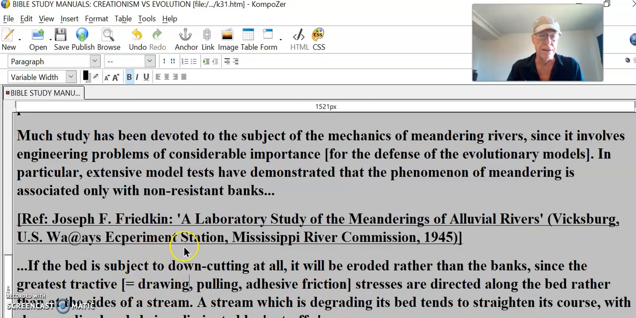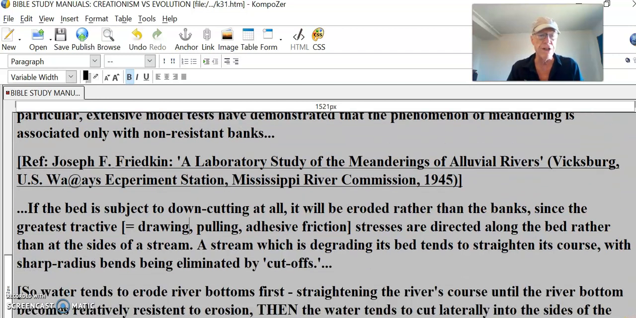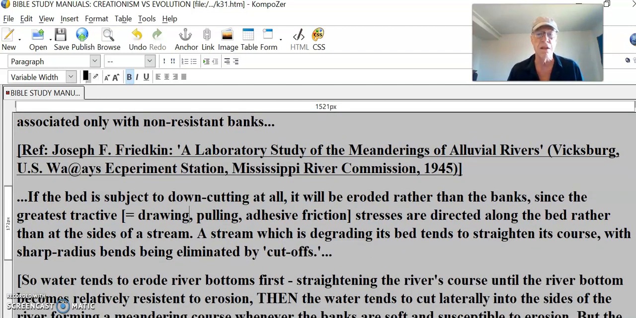Joseph Friedkin, a laboratory study of the meanderings of alluvial rivers. So, further comment. If the bed is subject to down cutting at all, it will be eroded rather than the banks, since the greatest tractive, drawing, pulling, adhesive friction stresses are directed along the bed rather than at the sides of a stream. That's right, it goes all the way down to the bed, and when you get stuff pushed away by the flowing waters, however violent or deep, then all you have left is rock underneath and rock on the sides. And that's exactly what you find. A stream which is degrading its bed